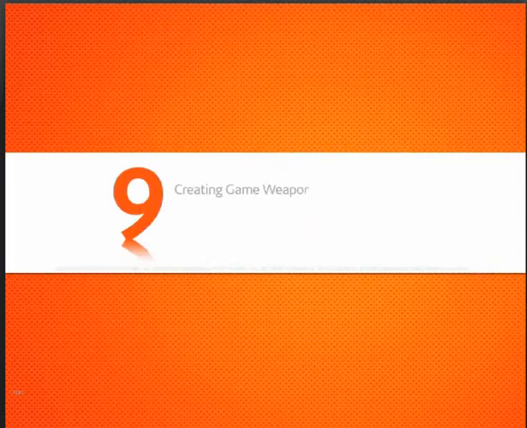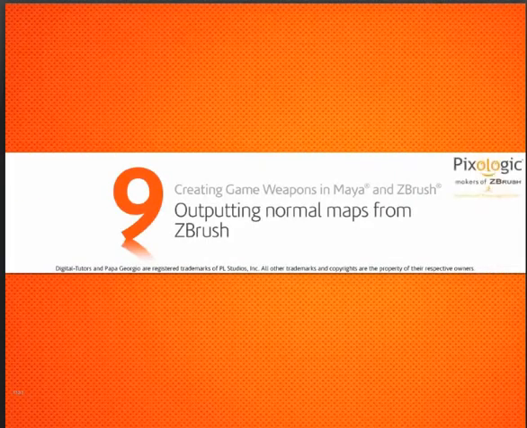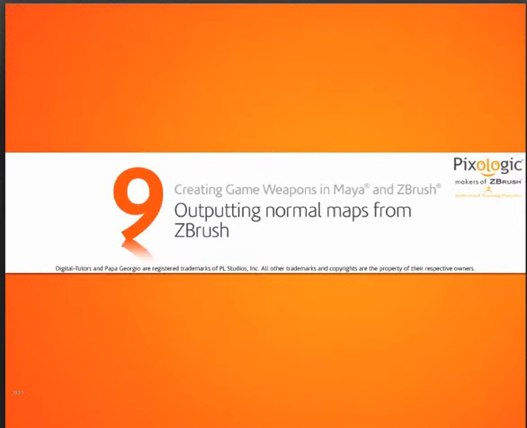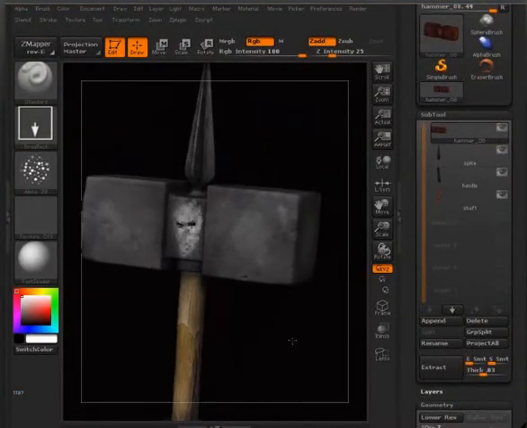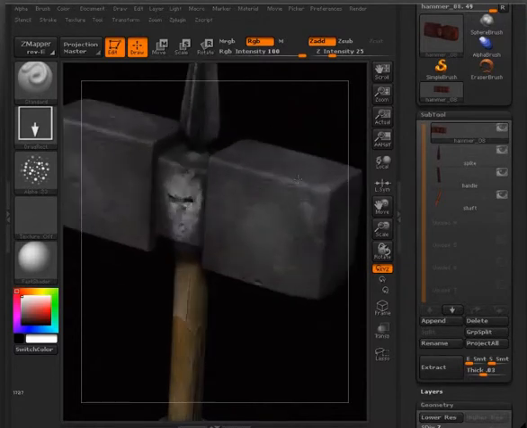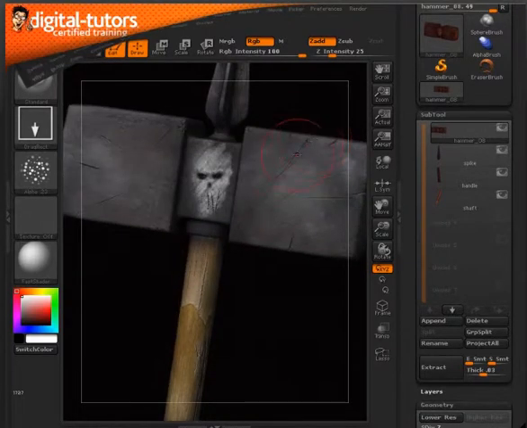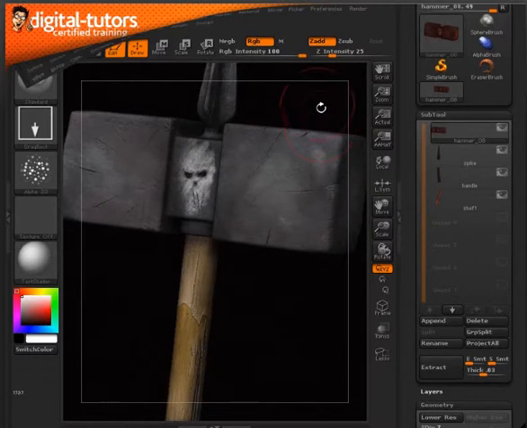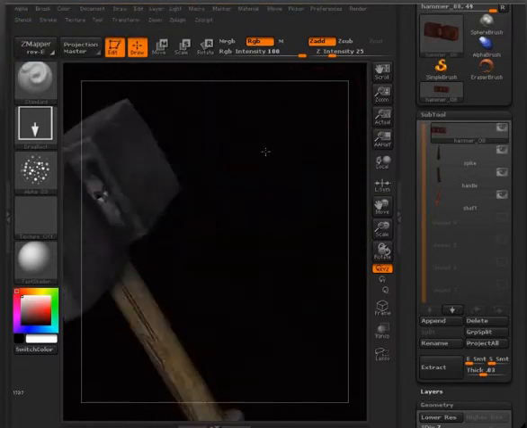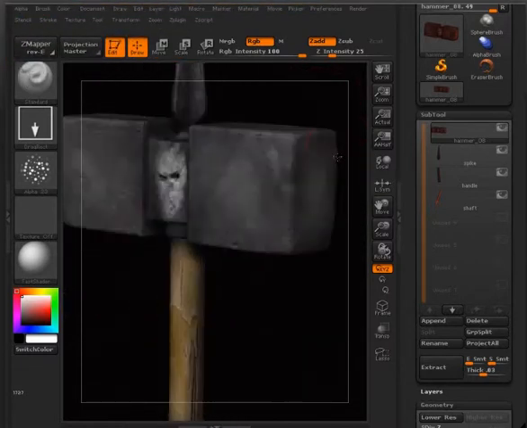Take a look at how we can start to get some of the sculpted detail out of ZBrush in the form of a normal map. So the geometry that we have at this level, we're not going to be able to take out of ZBrush because it's just too high res, considering all the detail that we've added in here. So we need some way of getting this detail out, and we can do this using a normal map or